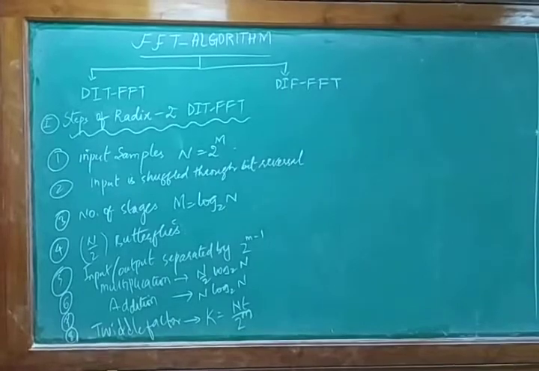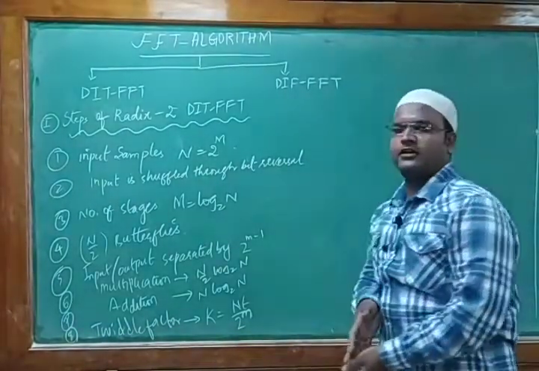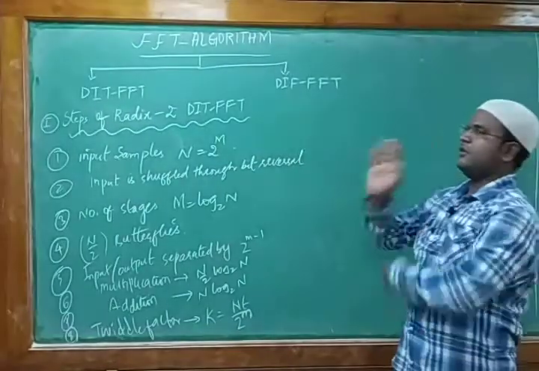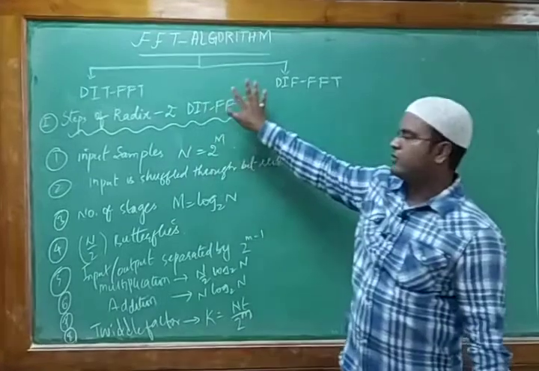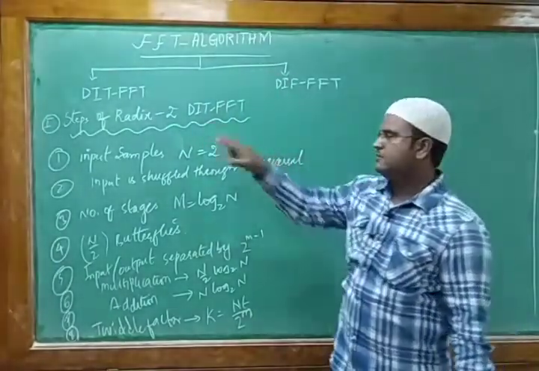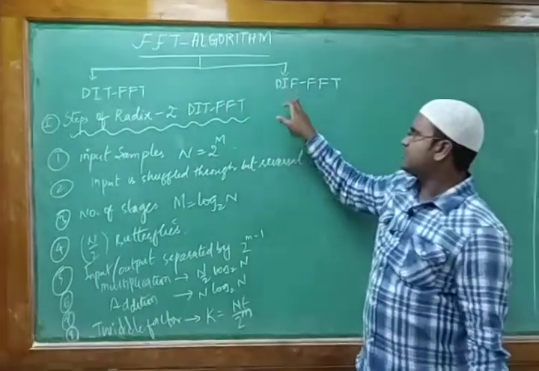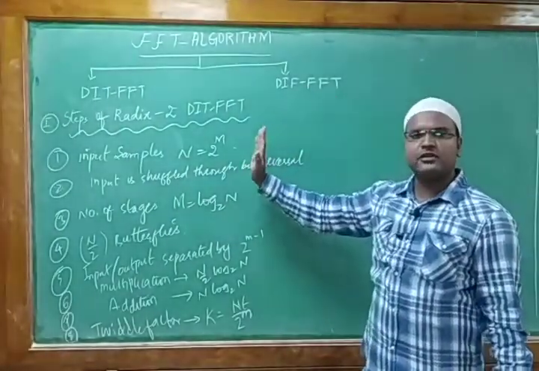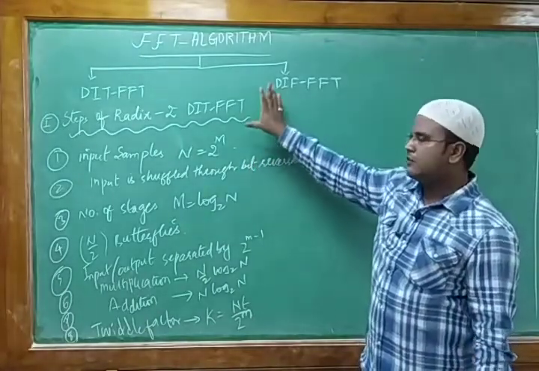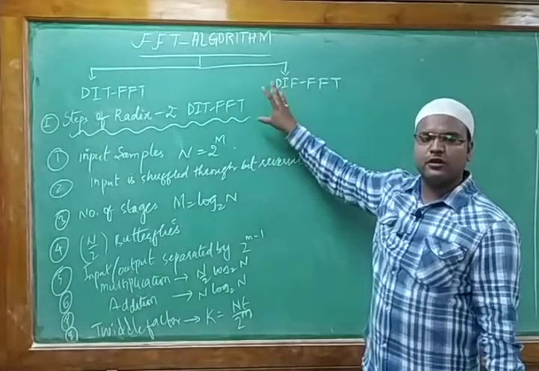So, students, we have steps for radix-2 DIT FFT, and then we have steps for radix-2 DIF FFT. In that, first of all, we should know the fast Fourier transform. To solve this, we are going for two methods: one is decimation in time fast Fourier transform, the other is decimation in frequency fast Fourier transform. To do these things, we are segregating into two parts. First, we are understanding the steps involved to solve problems based